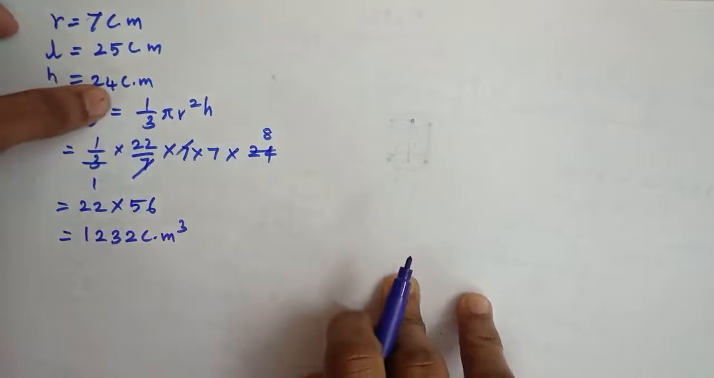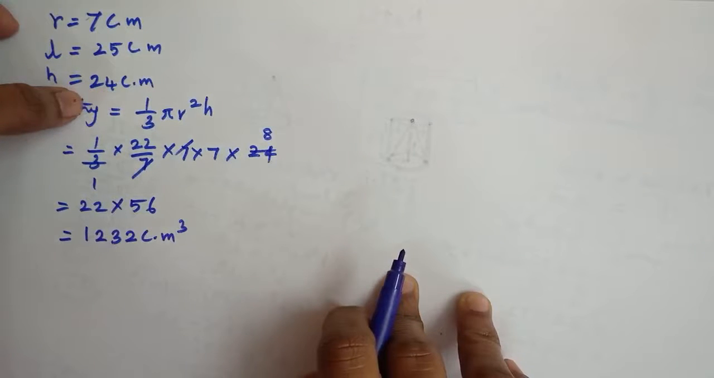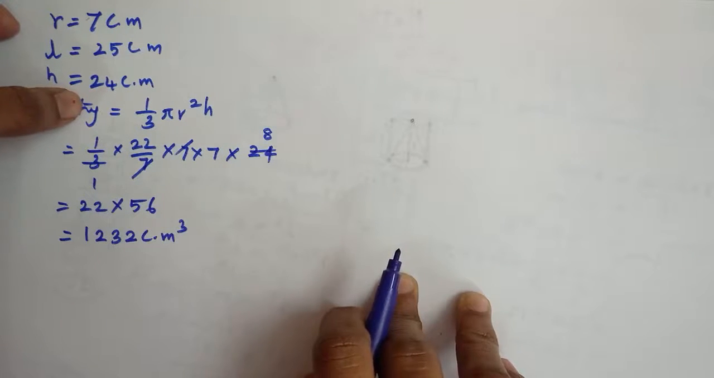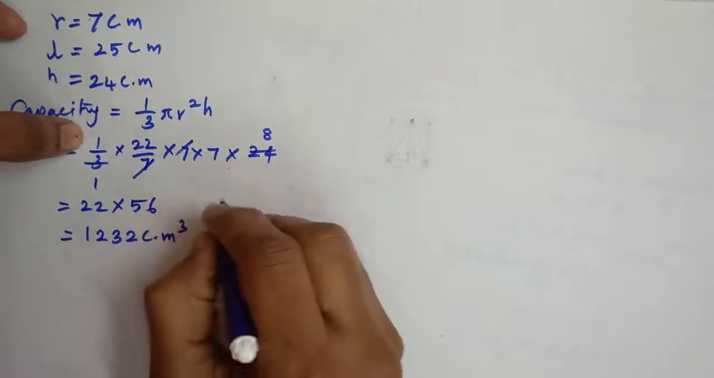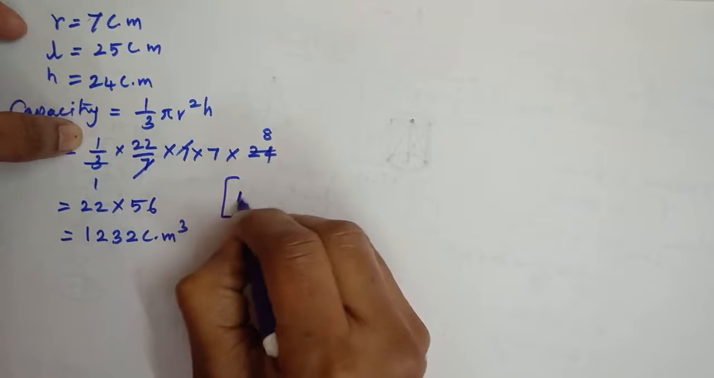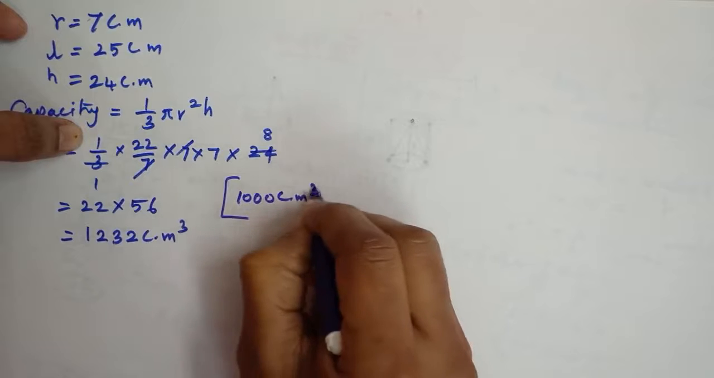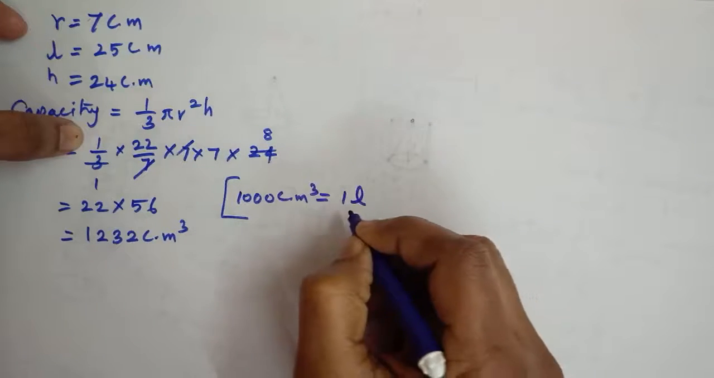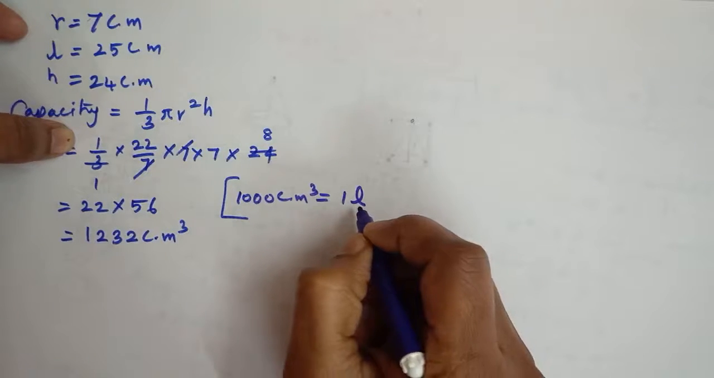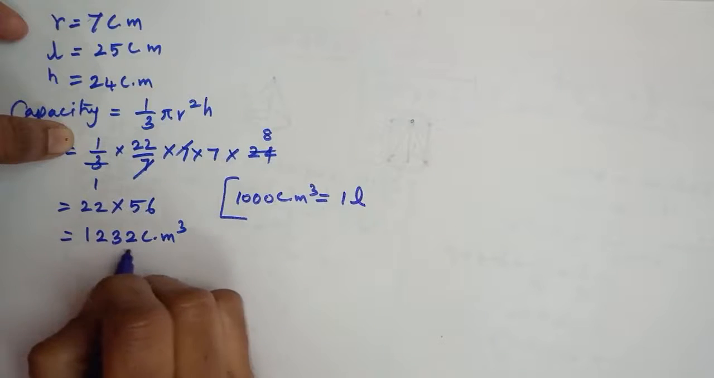1232 centimeter cube. But students listen, find the capacity in liters. We have to put in liters. So already I have taught, 1000 centimeter cube is equal to 1 liter. So here 1232, so we can